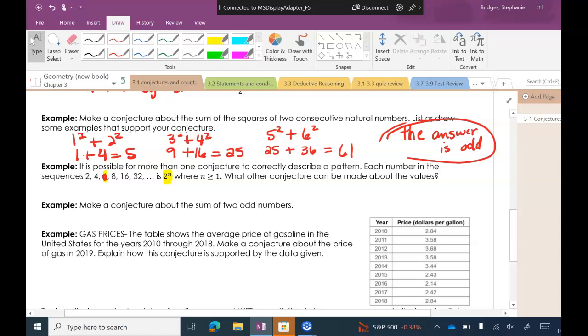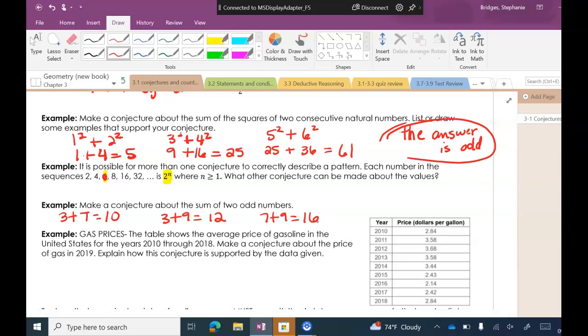Well, give me 2 odd numbers. 3 and 7. So if I add 3 and 7, that's going to give me 10. Okay. Detaj, give me 2 different odd numbers. Okay. 3 and 9. Okay. And if I add 3 and 9, I get 12. Alex, give me 2 more odd numbers. 7 and 9. And what does that give me? 16. So it seems for all 3 of these at least, and I'm sure some of you picked different numbers,